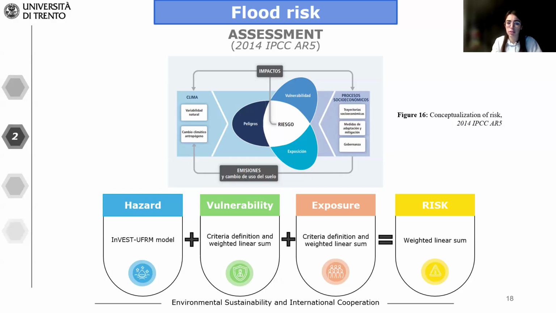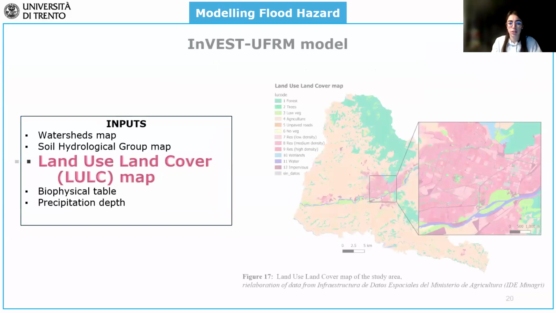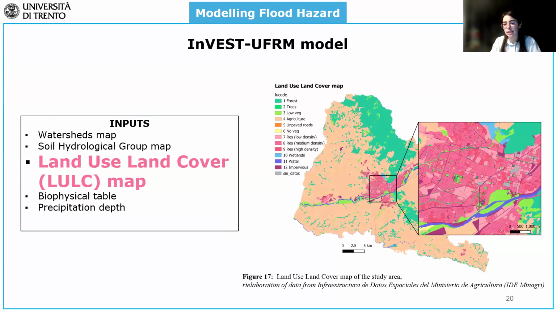This assessment was conducted firstly computing the flood hazard through the use of the InVEST urban flood runoff mitigation model of Stanford University, which models the runoff phenomenon through the Soil Conservation Service method. Among the inputs that are required, there's the land use land cover map. As already said, this is a raster map expressing the land cover classification depending on the land use of the soil. And this was built thanks to the information provided by the Agriculture Ministry of Chile